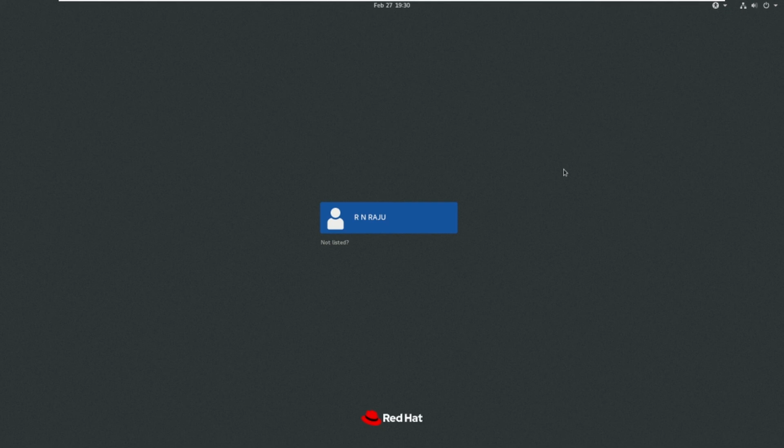So this is the Red Hat 8 login prompt. By default, here is the normal user Razu I specified already, but there is a not listed option here. If you click on this, then it asks for the username.